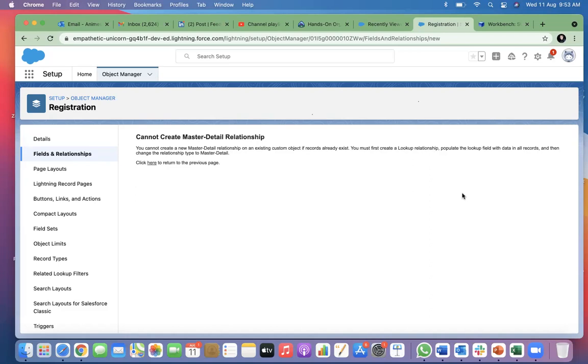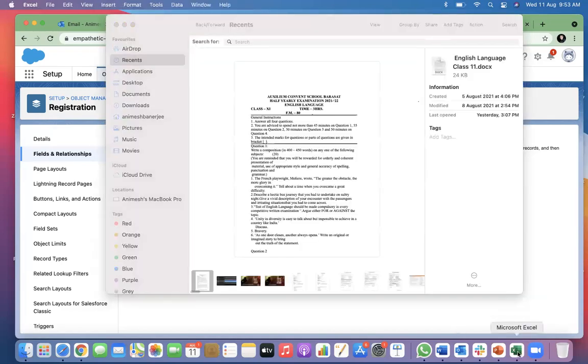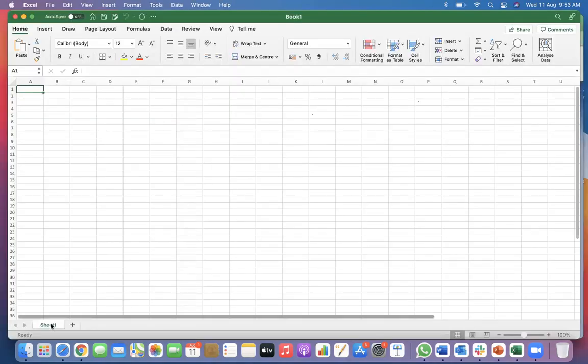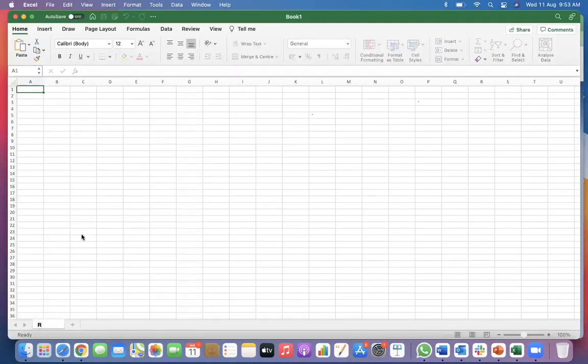Because registration is a custom object. No. Any ideas? Think about an Excel sheet, right? This is the Excel sheet. This is the registration object, right? What fields were there?